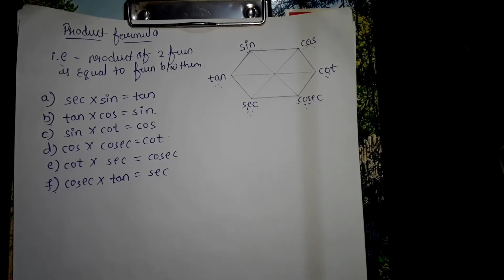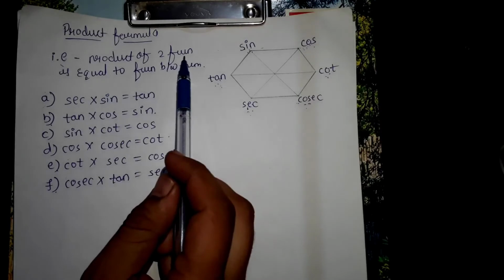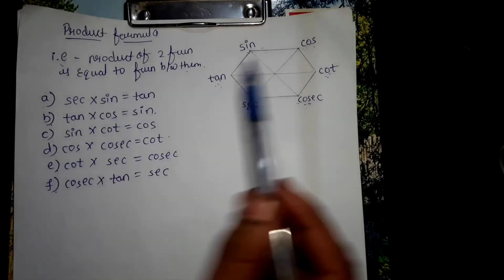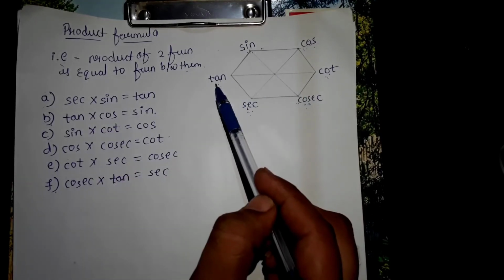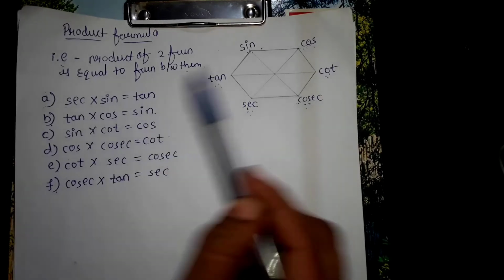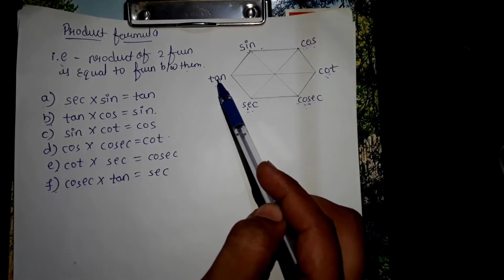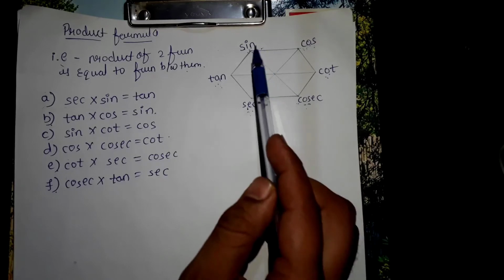Once again, let us revise. Product of two functions is equal to the function between them. Similarly,